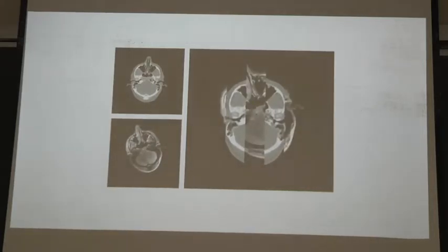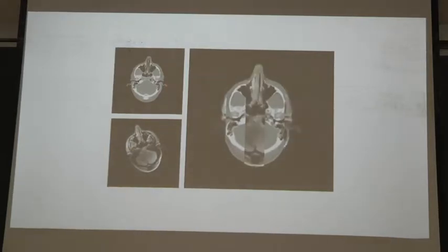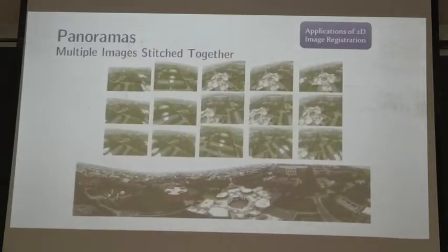Okay, between them. Sometimes we register with a standard atlas image, which is a sort of drawing, so that the image comes in a standard configuration, and I can do measurements. This feature is bigger than what it was supposed to be. Like let's say the spleen. The spleen is enlarged. You want to measure that. Okay. The same kind of transformations are used in what you are familiar with in making panoramas, right?